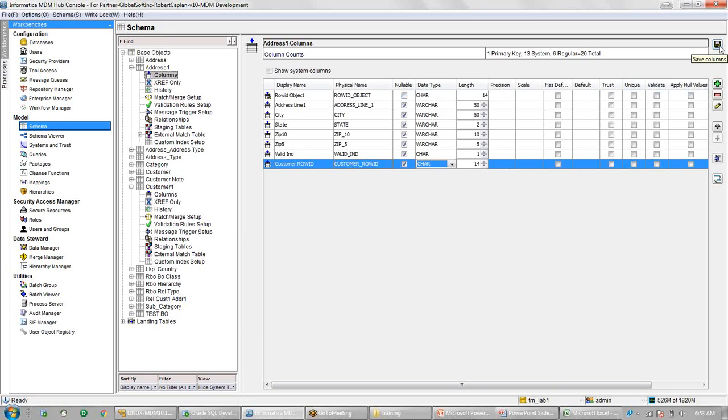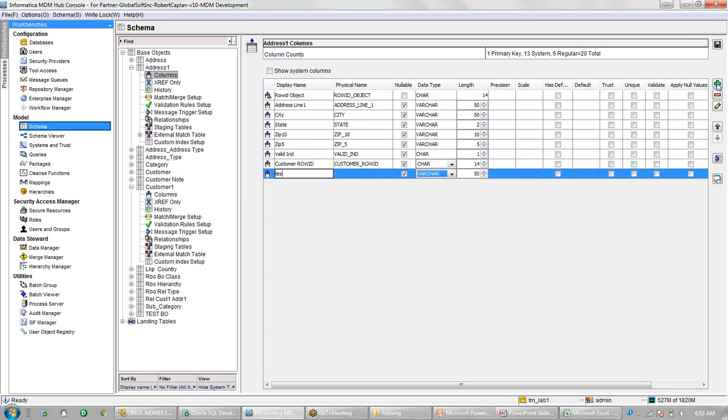Vinay, when you add this foreign key, was the physical name populated automatically, or did you put it in? Yes, whatever display name we give, for example, we can add one more column here. If I put a display name, the physical name gets created. And if you want, we can go and change it. The physical name can be changed. So it takes it from the display name?